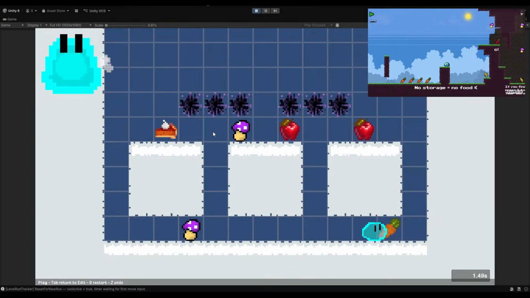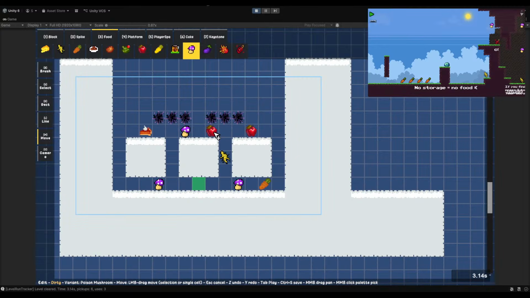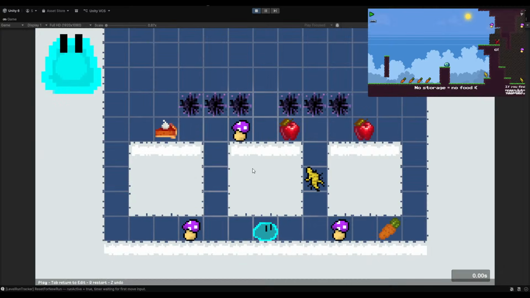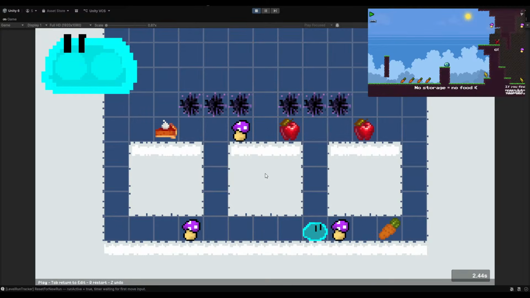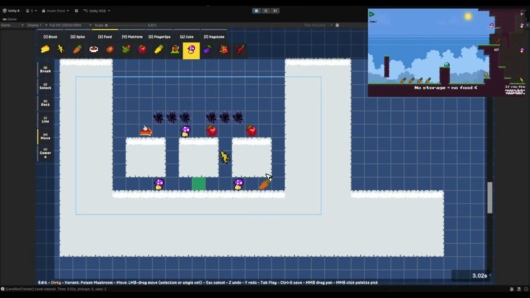And how fast is that? Oh, okay, let's speedrun. 3 point... Oh, pi. What if I do the shortcut? Oh, without dying. Oh, well, without messing up. 3.